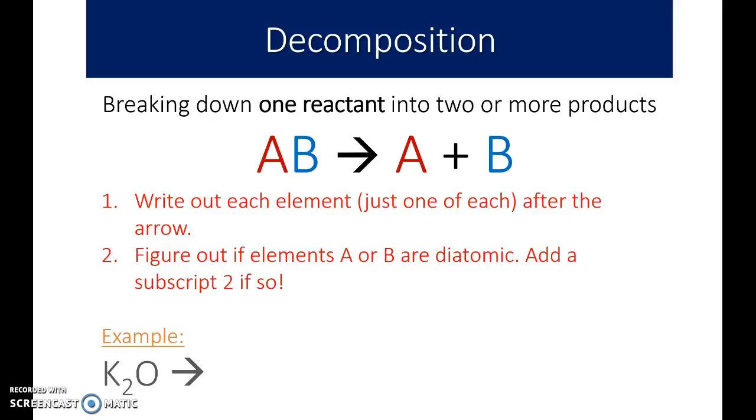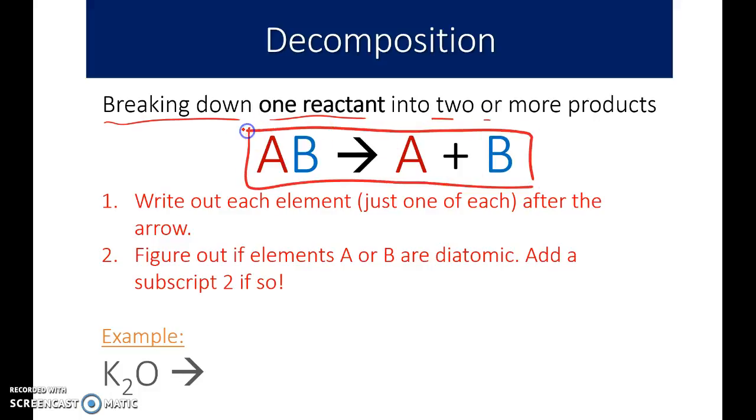In this video, we will learn how to predict the products of a decomposition reaction. As a reminder, a decomposition reaction is where you break down one reactant into two or more products. So the reaction framework is here. We have a compound, AB. A and B are just representing two different elements, and we can see that they break down into these two